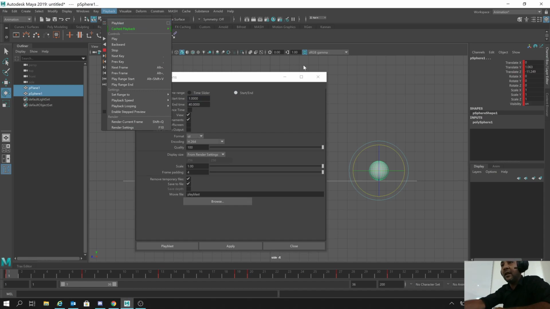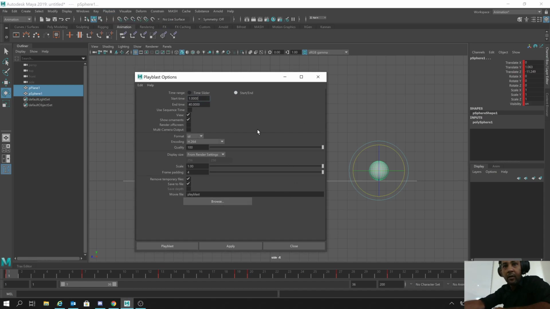Click on the box here for the settings and open this window. Make sure if you have QuickTime, great. Then you can have H264. Then the file is not too